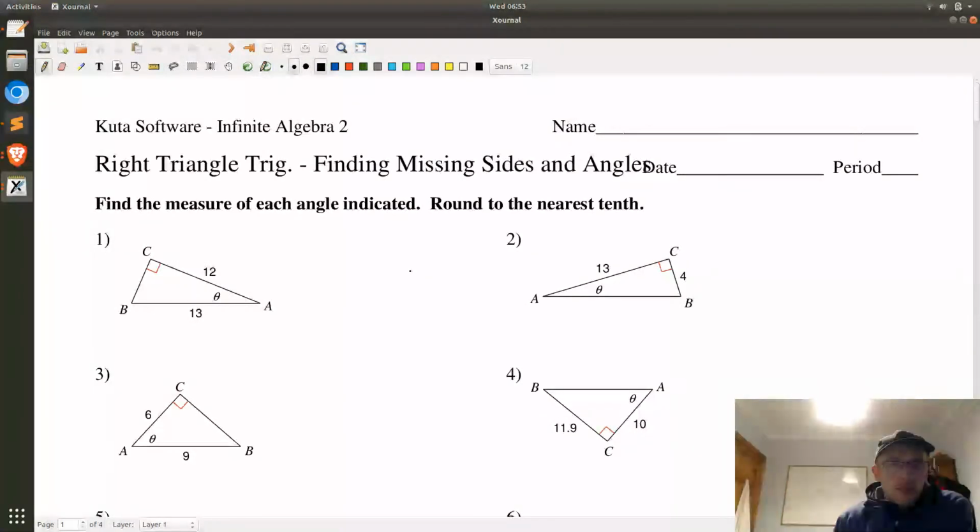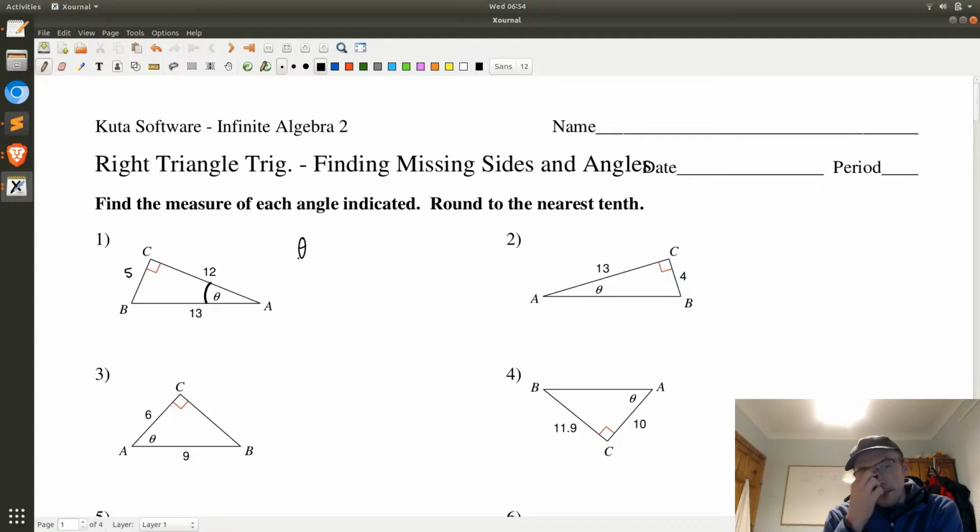Find the measure of each angle indicated. Round to the nearest 10th. Okay. Using the Pythagorean theorem and the well-known Pythagorean triples, which are the special right angle triangles with whole numbers for the lengths of the sides, the ones that you must know are 3, 4, 5 and 12, 5, 13. So anyhow, to get theta,